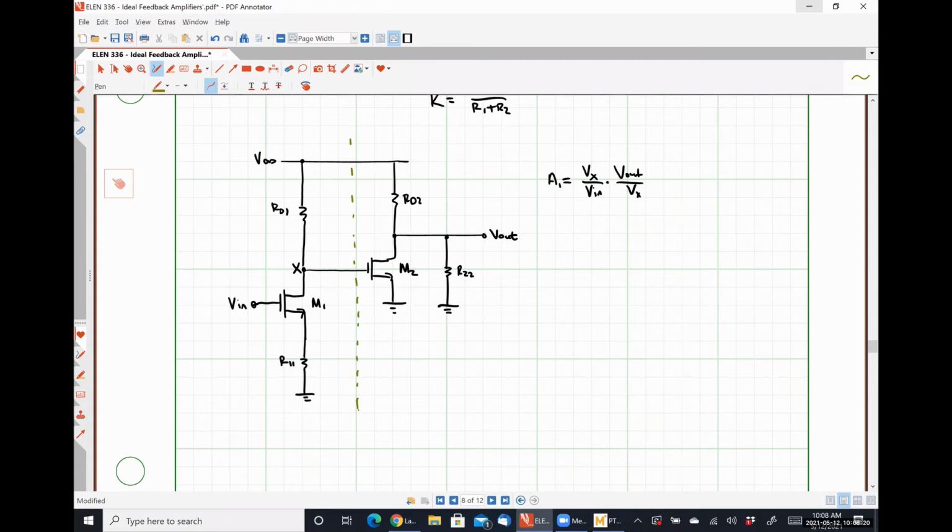So everything to the left is the first stage, which has the transfer function of Vx over Vn. Everything to the right of the dashed line is the second stage, which has a transfer function of Vout over Vx. So what does our first stage, or our left stage, look like? Yeah, common source amplifier with source degeneration,